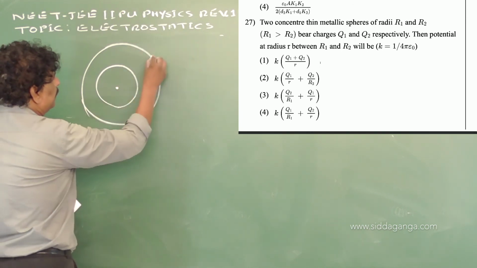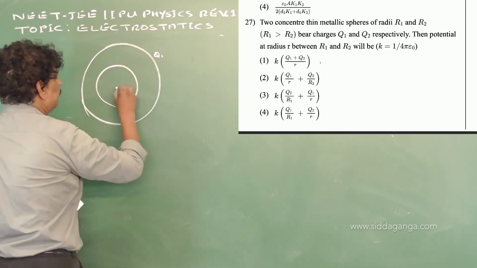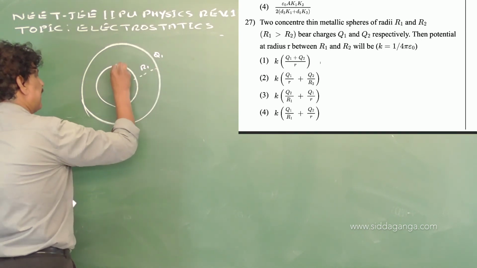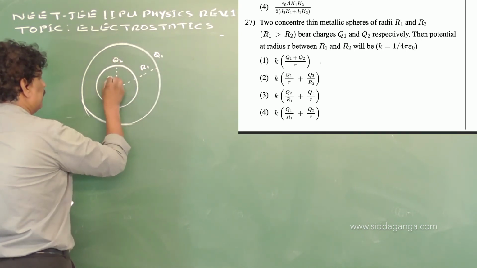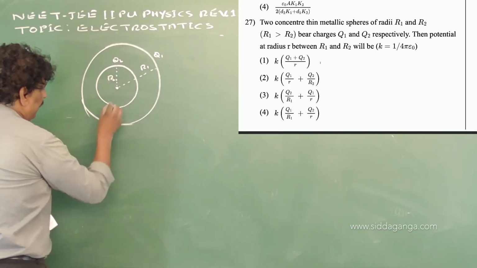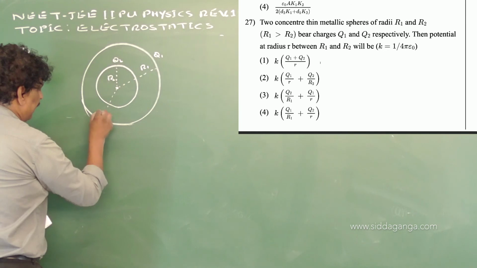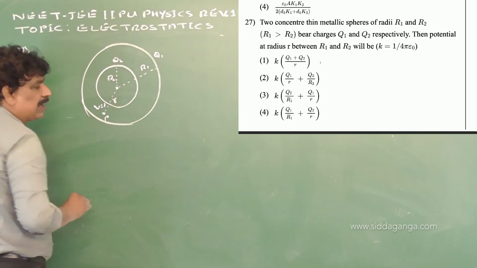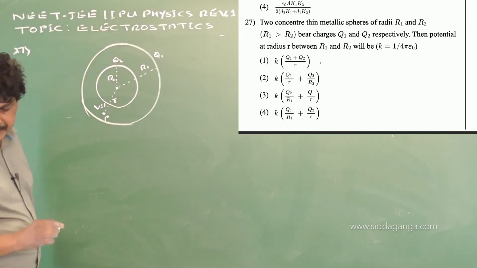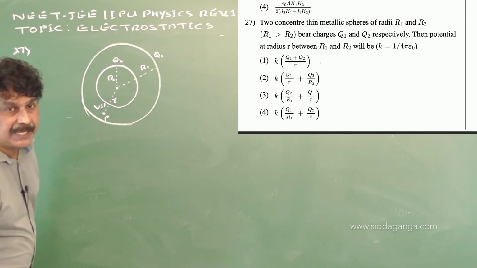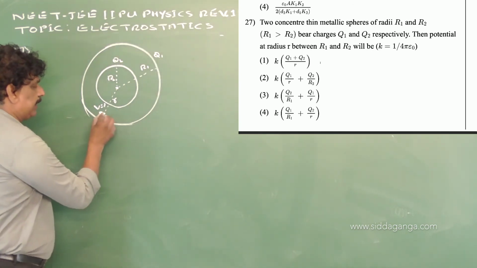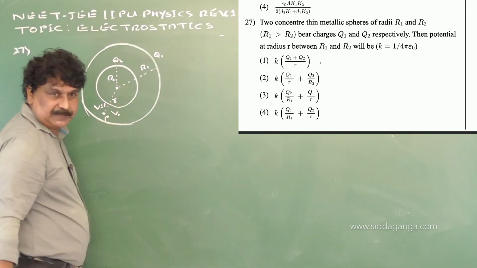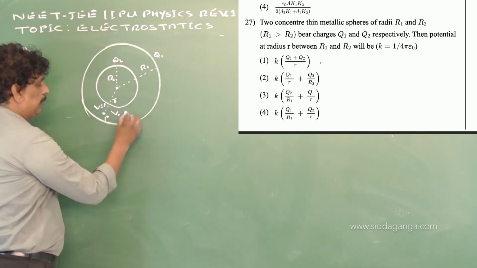With outer sphere of charge Q1, radius R1, and inner sphere with charge Q2, radius R2. Now we need to find the potential V at a point P, at a distance R from the common center. Here the potential at this point is the potential V1 due to the outer sphere and potential V2 due